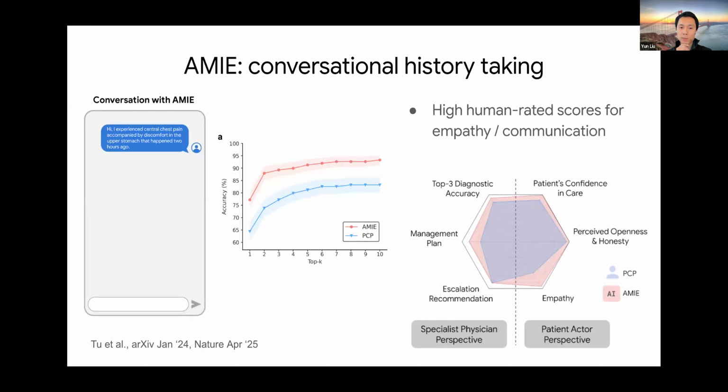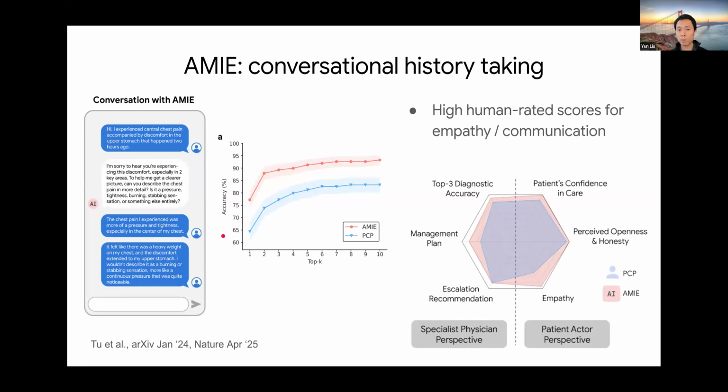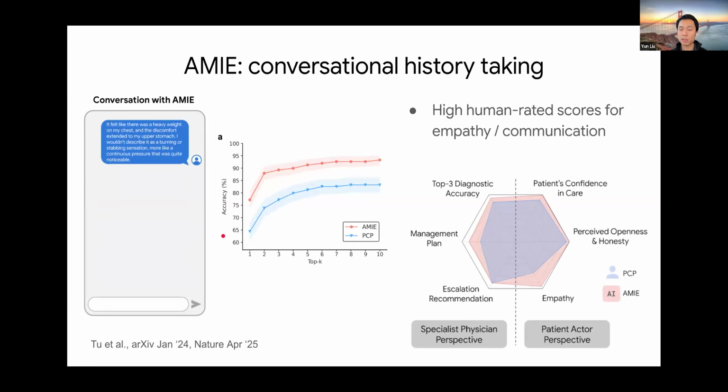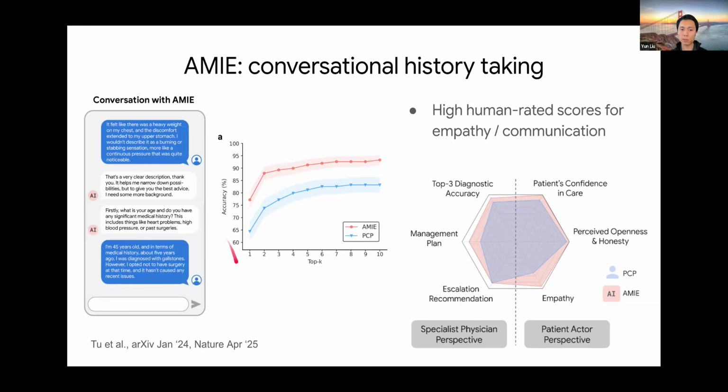Right, so what's the result? This plot is very similar to the previous plot with the same axes as before. One thing you will notice is the y-axes here are a lot higher numbers. Part of the reason is that these were based on scenarios that were meant to be pretty representative of real cases. So not the most challenging cases that appear in a journal, but more normal everyday cases with a bit of a spectrum in terms of difficulty.